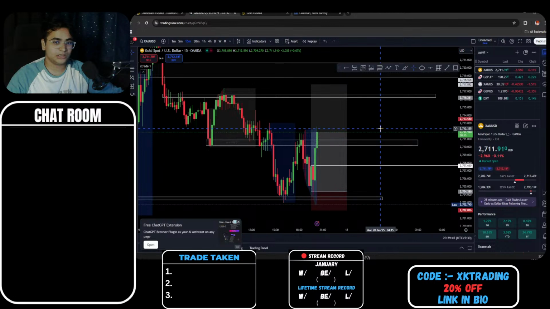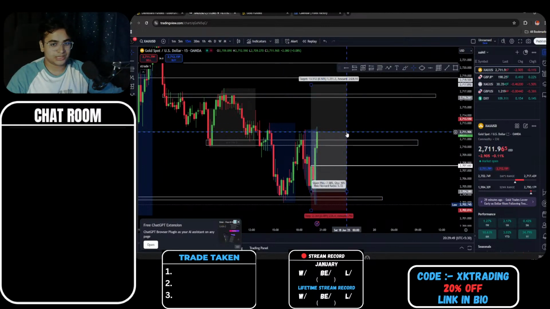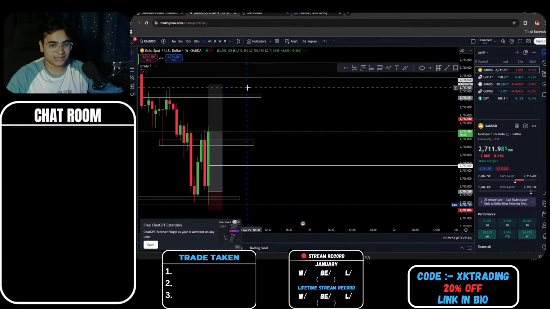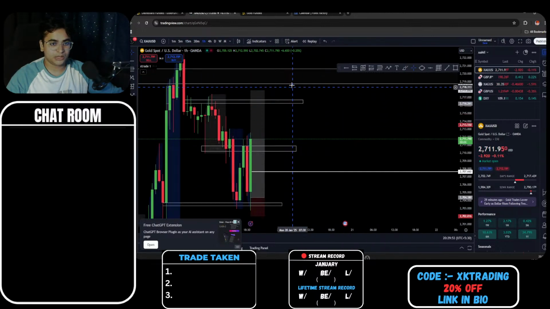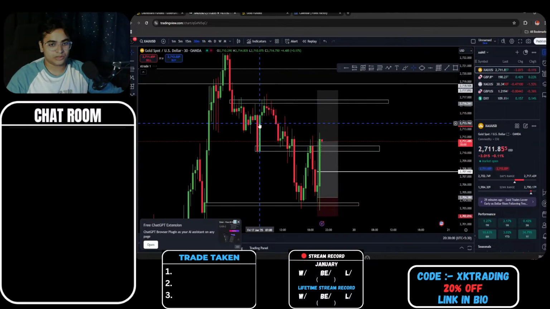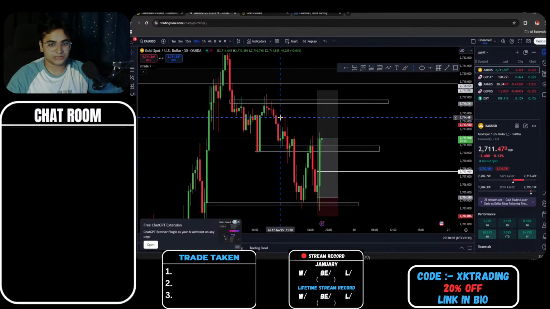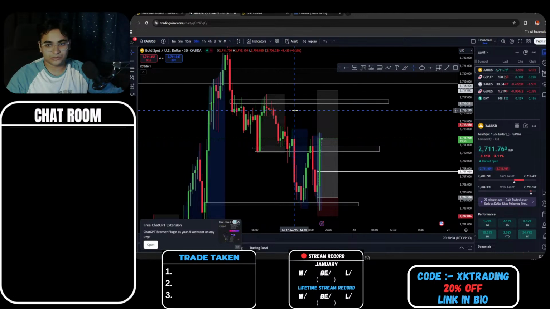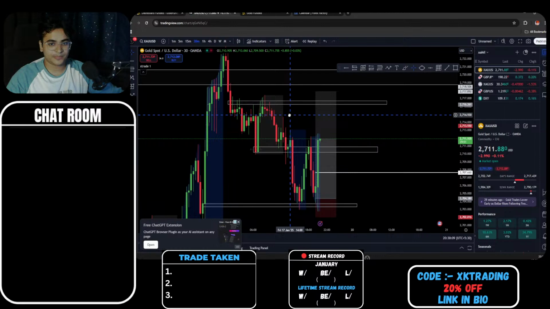Even with the next 50-minute candle, if it's really bullish, then that next 1 hour or 15-minute candle could do something like just going up, tapping into the zone, and then closing bullish and moving down again. That is something you should be looking for as well. But let's see what price does. If we tap around 2,715 or so, I would like to close some profits here and put the rest of the position at break even and let it run. That's what I will say.